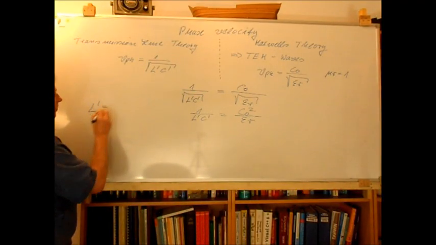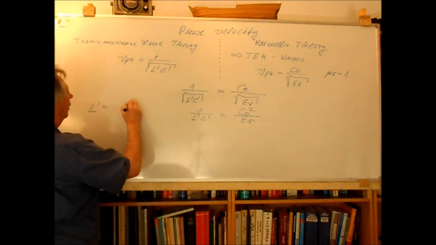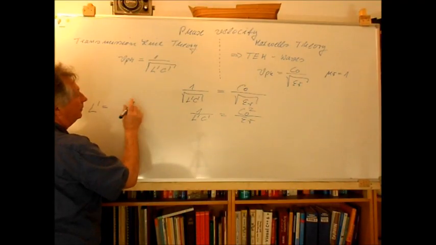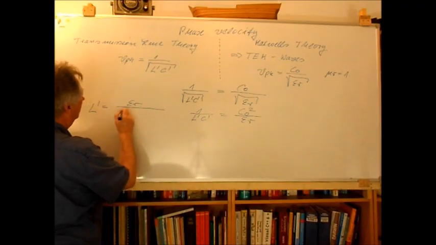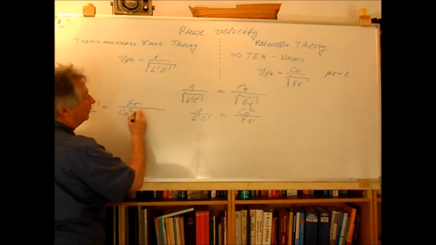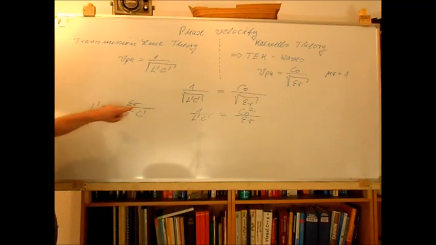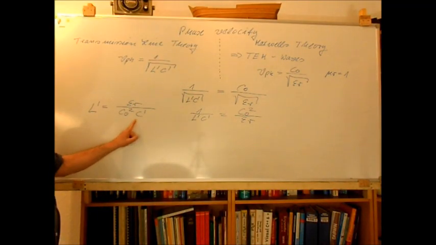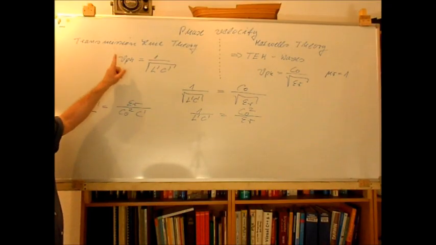L prime will be equal to epsilon r divided by c naught squared times C prime. This means, according to Maxwell theory, the inductance per unit length depends on the capacitance per unit length. Of course, from the transmission line theory